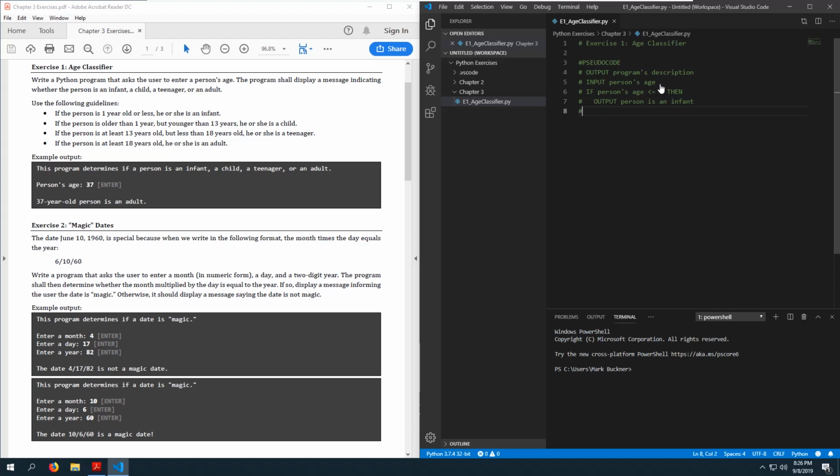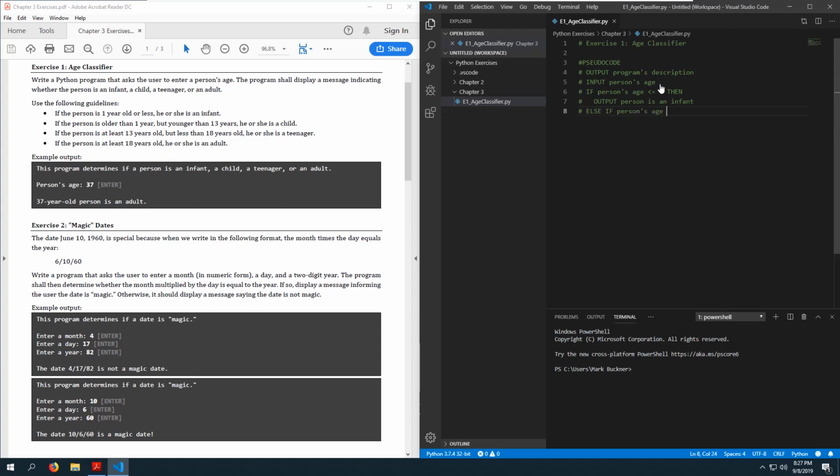Next one. And I could do this as a series of if statements. I could also do it as if else, or rather if elif statements. Which should I do? Well, truth be told, I could probably do a series of if statements. But to be more robust, let's do else if